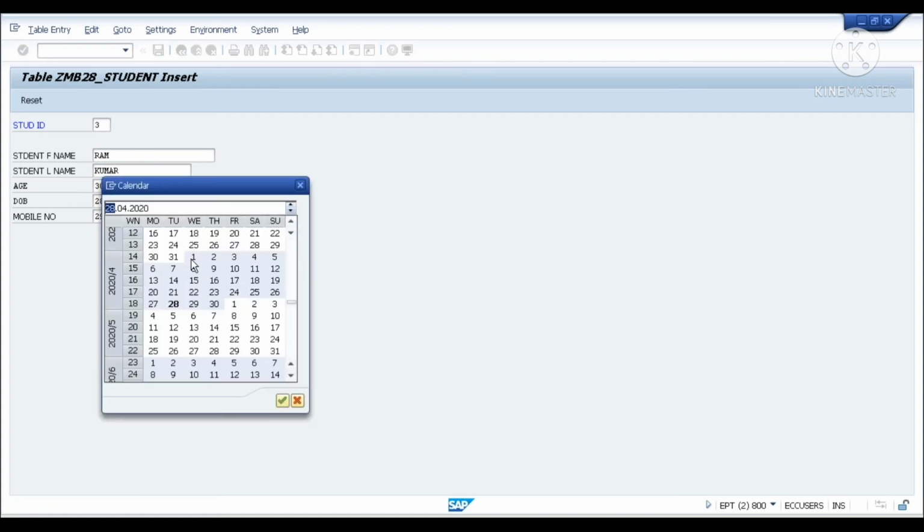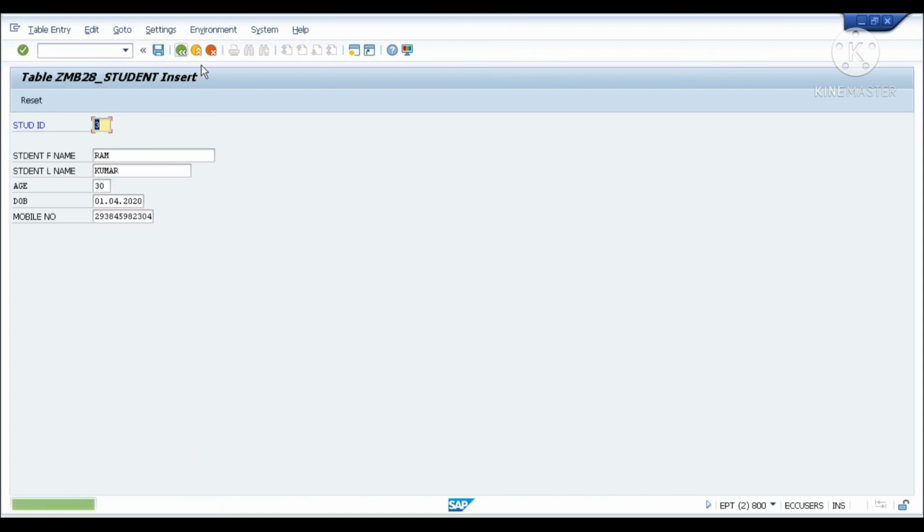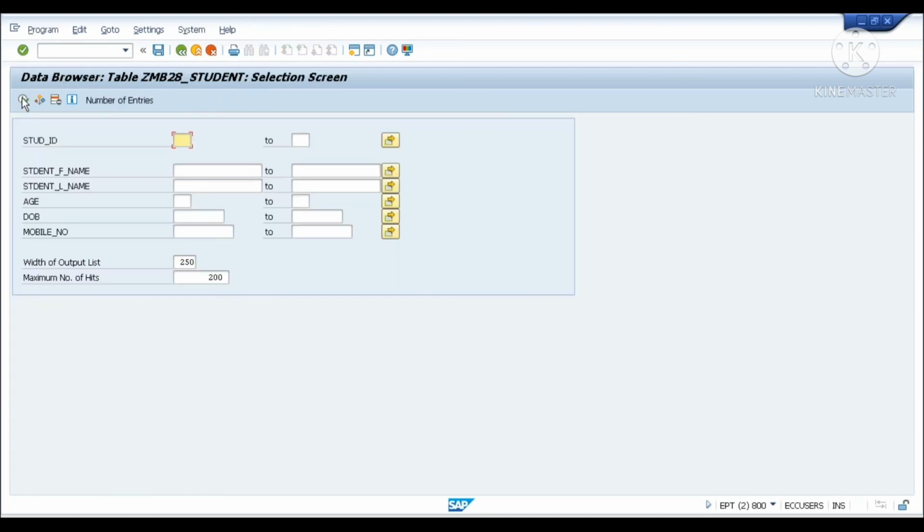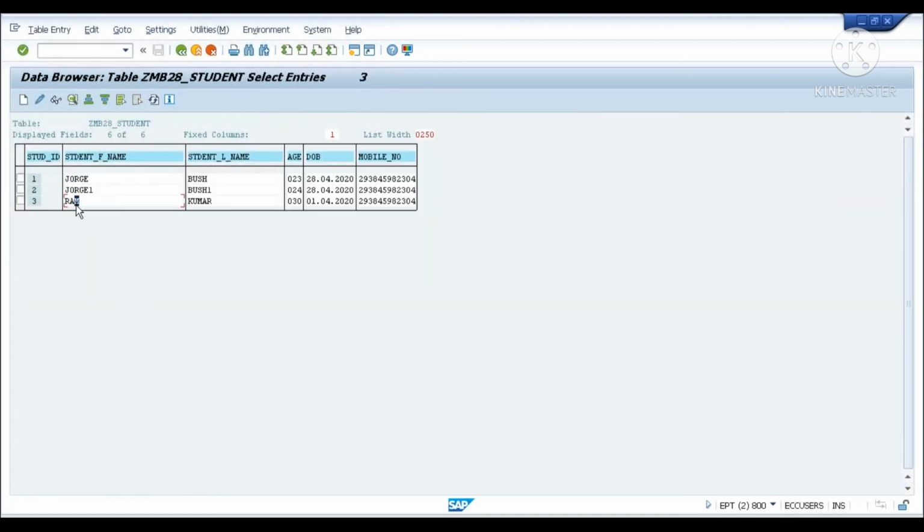Just save it, go back and you can see the 3 records I have put. Click on F8 and you can see all 3 records got saved.